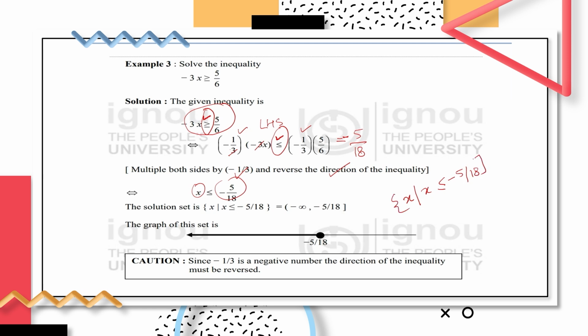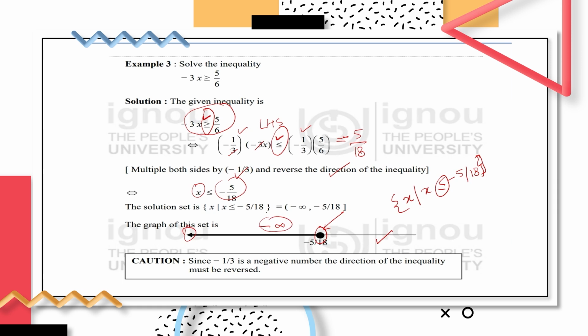So this is the solution set, and because it is an equal to sign, we are supposed to have a solid circle over here at minus 5 by 18, and all the values up to minus infinity are taken into consideration. So in order to graph this, we consider a solid filled circle as the point representing minus 5 by 18, and all the rest of the points are shown by the direction of the arrow,